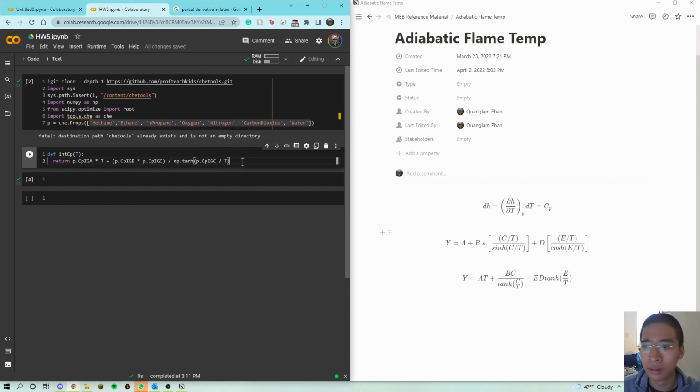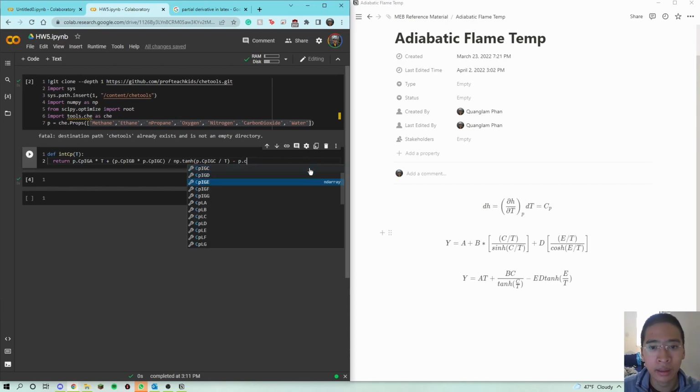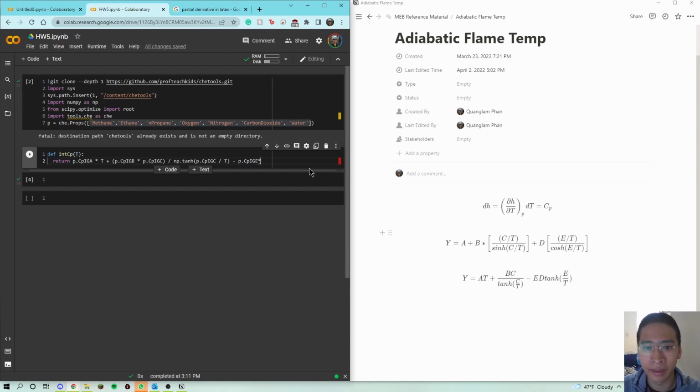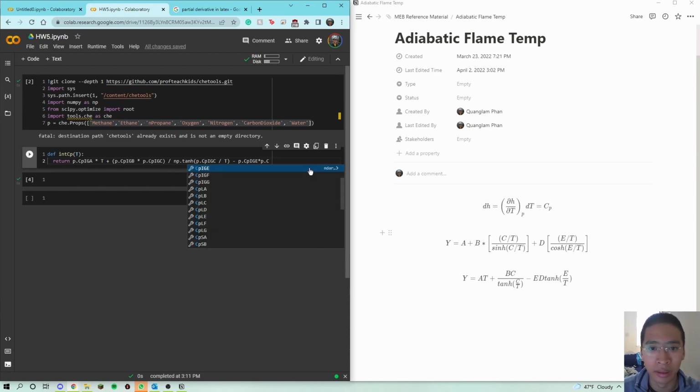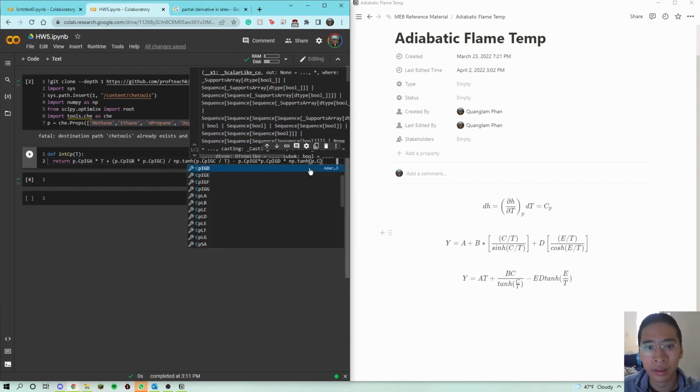Okay, minus constant E times constant D times hyperbolic tangent constant E